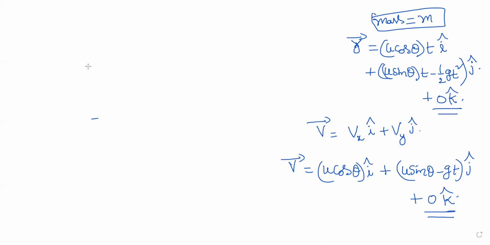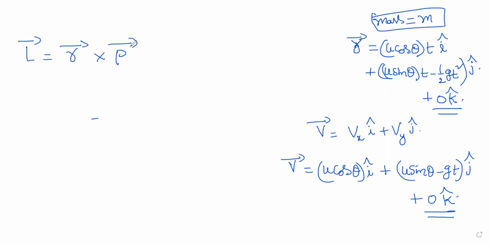And now the crux is that you have to solve the angular momentum, that is nothing but r bar cross p bar. I'll show you how the directions look after drawing the figure, but first let us solve the problem and get the answer for this. So that is half m g u cos theta times t square. This is how I remember. It has a negative sign, so minus half m g u cos theta times t square times k cap. So that's how you get it.